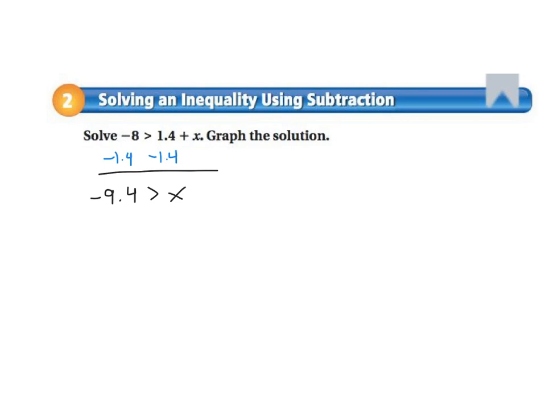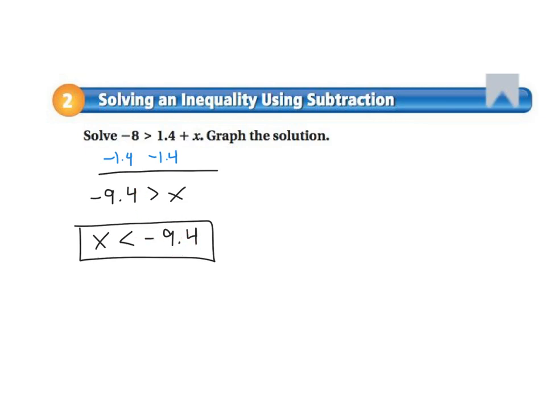Now this is an acceptable answer, but it's a little bit easier to graph if we write our variable on the left. So if I write my variable on this side, we have to make sure our answer is still the same. So look at how my inequality sign is positioned. The pointy side is towards x, and the open side is towards 9.4. So we need to make sure that we have the same thing when we reverse the order. As long as the pointy side is still towards x and the open side is still towards negative 9.4,